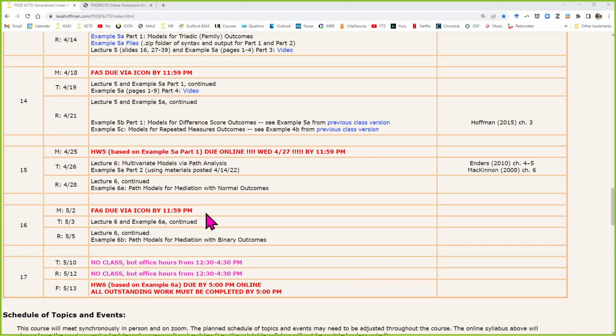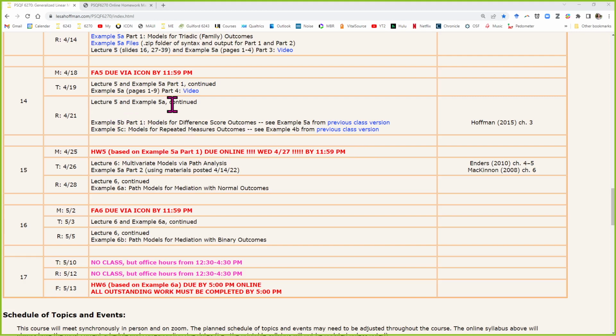I updated the website, I think it was either yesterday or Tuesday, so I wanted to point this out, that I am officially punting on 2 of the examples that I had hoped to cover because we're not going to get there. So if you want to see 2 more examples of multivariate models using univariate software, one of which also uses path analysis, then you can visit the materials from the last time I did this class when I actually did get through at least some of it. Unfortunately, that means R won't be included.